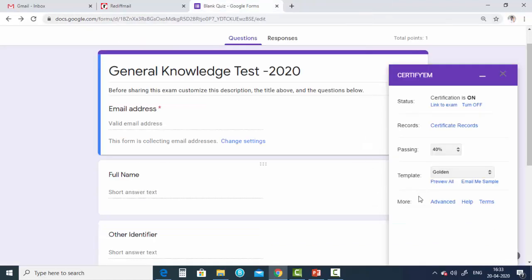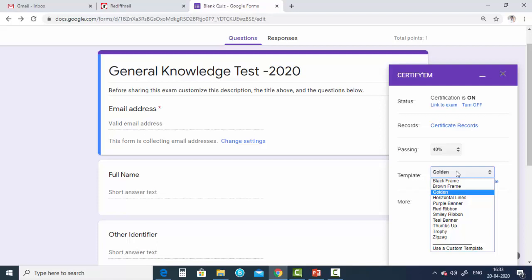Even if we are conducting the exam for a college, we can prepare our own certificate, but that is a custom template. So in the next video, I will explain how we can prepare our own college certificate and link it here by using Google Slides. In today's lecture, we will only learn how to provide the certificate. Golden is my favorite one, so I am utilizing it. You can send a copy of it by email, and you can see.